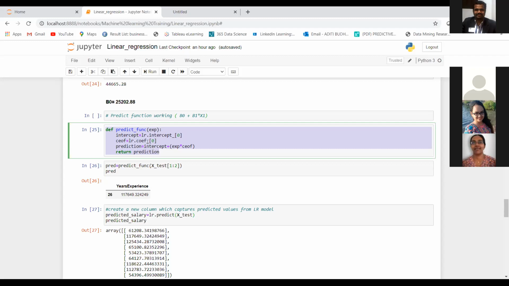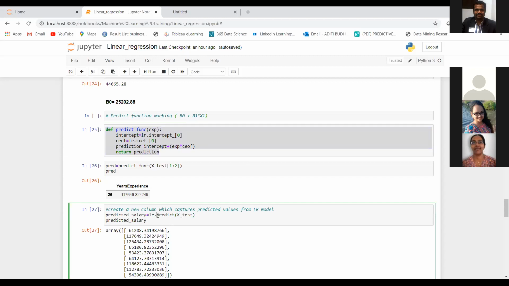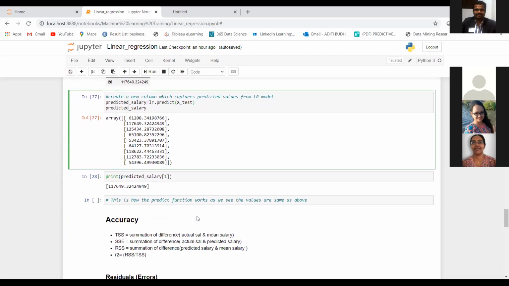So we did not write or run this particular function. We only have to do this predict. Okay. Thank you.